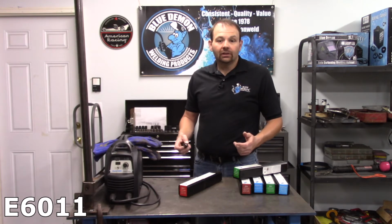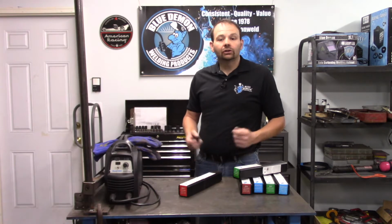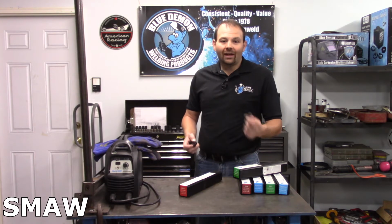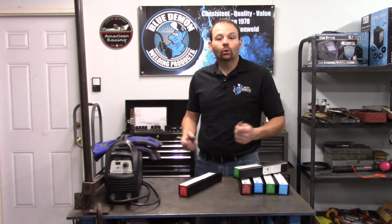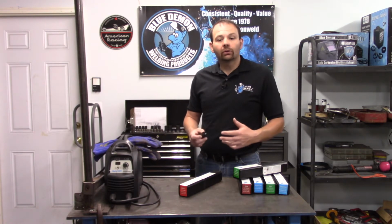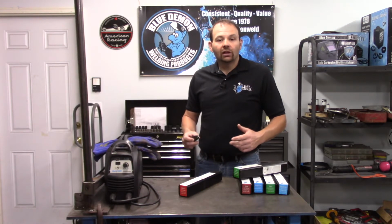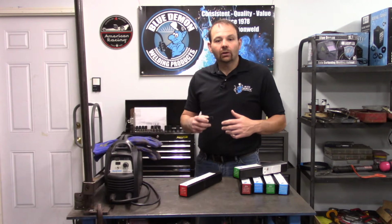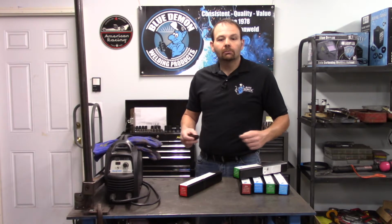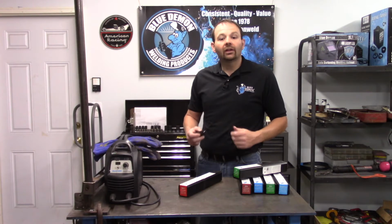E6011, or more commonly referred to as 6011, is used in the process called shielded metal arc welding, or SMAW. However, that process is better known as arc or stick welding. This process uses electrical current flowing through the electrode and workpiece to fuse the two together. During the flow of electricity, the electrode and workpiece become molten where the two meet. When these two molten metals flow together, they create a very powerful bond to one another, thus forming a weld